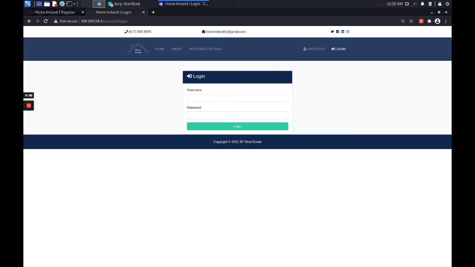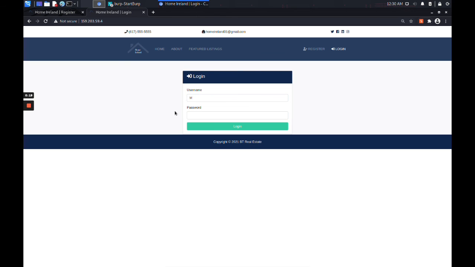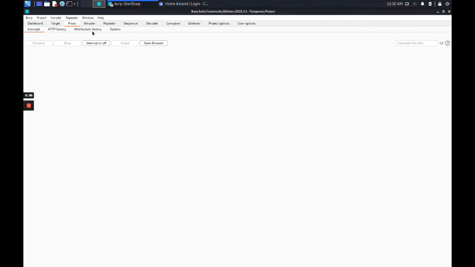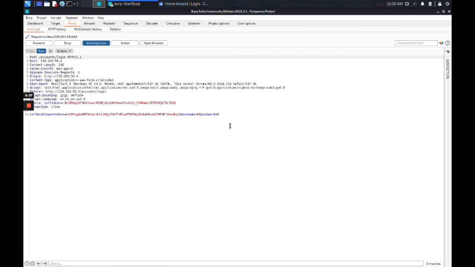Now guys, we are going to brute force the login page. We are going to log into the accounts which we made as a sample brute force, leading to buffer overflow on the registration page. Now we are going to use those accounts to show you it was a successful buffer overflow. We were filling up the memory in the sample way, and similarly we are going to do over here. We're going to log into the account, capture the request in Burp Suite, and then brute force the login page and open all the created credentials.